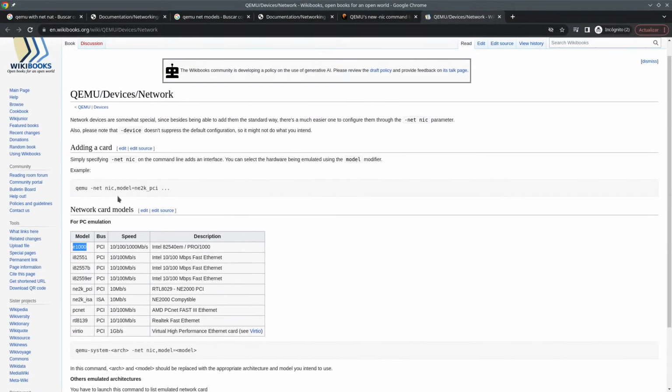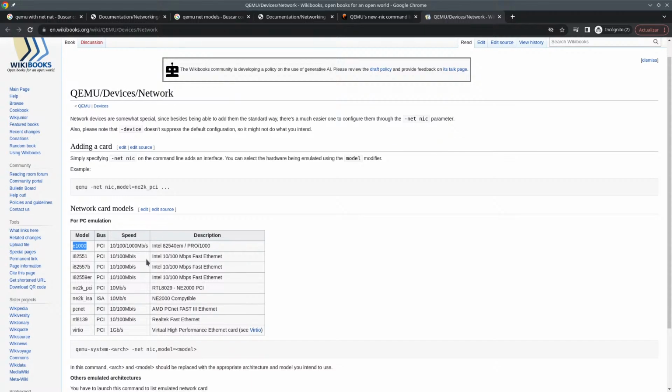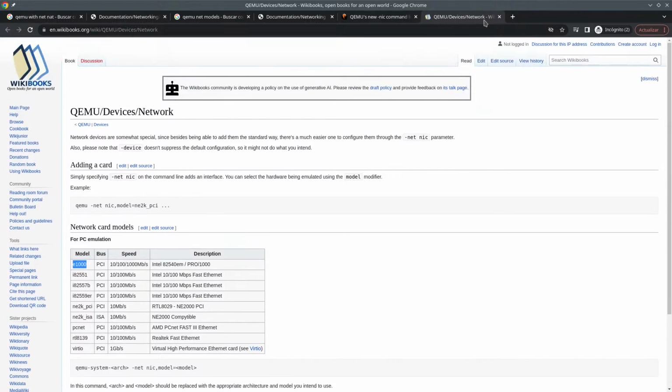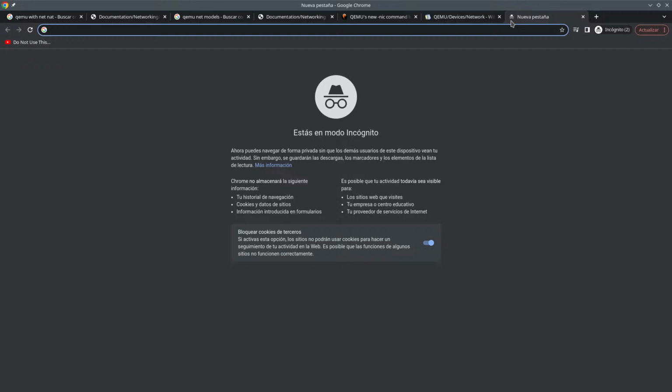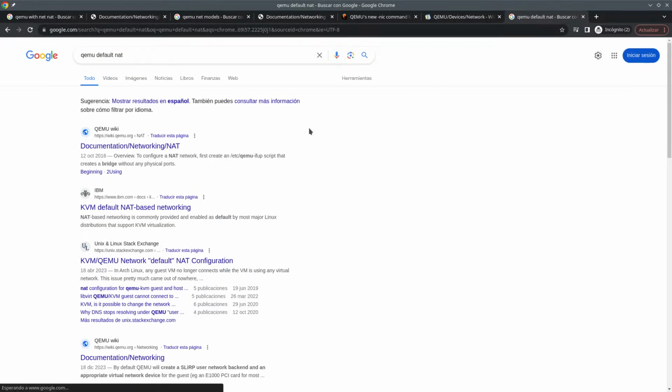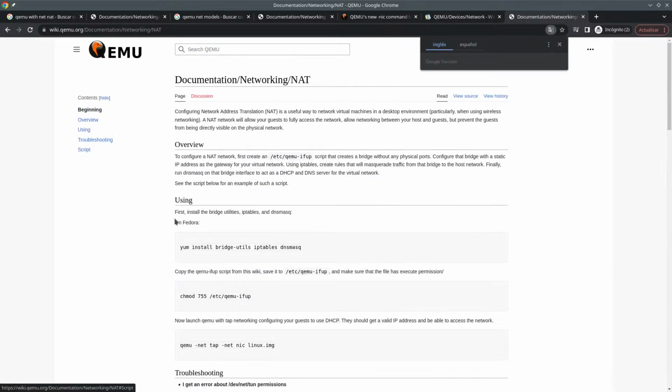So model nic, that's simple. There was net tap. Yeah, but I don't want QEMU default NAT. How the hell do you do that? I don't want to install this.